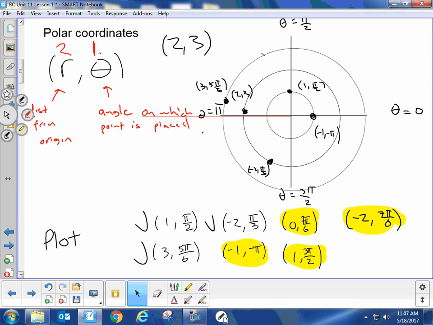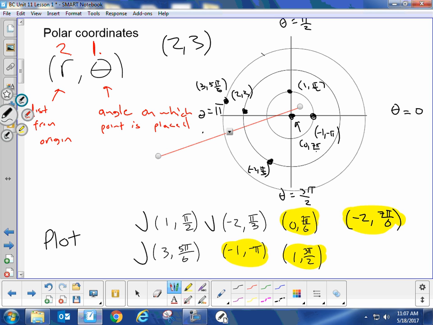0, 7 pi over 6. Where is that located, Miss Lowy? Yeah, at the origin. It's crazy. We're at the angle 7 pi over 6 over here, but then the distance is just 0 units away. So we're at the origin at an angle of 7 pi over 6. Let's see. What else? 1, 3 pi over 2. That ends up being down here. That's easy. -2, 7 pi over 6. We're already at 7 pi over 6. I'm going to go to -2. Okay, and I'm actually going to put this guy in red,